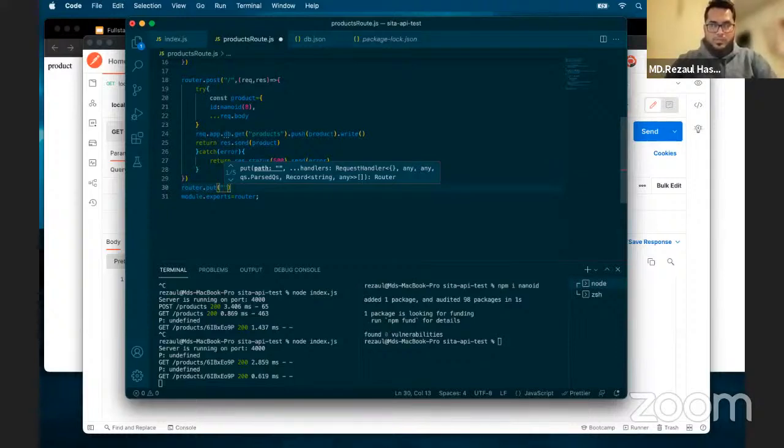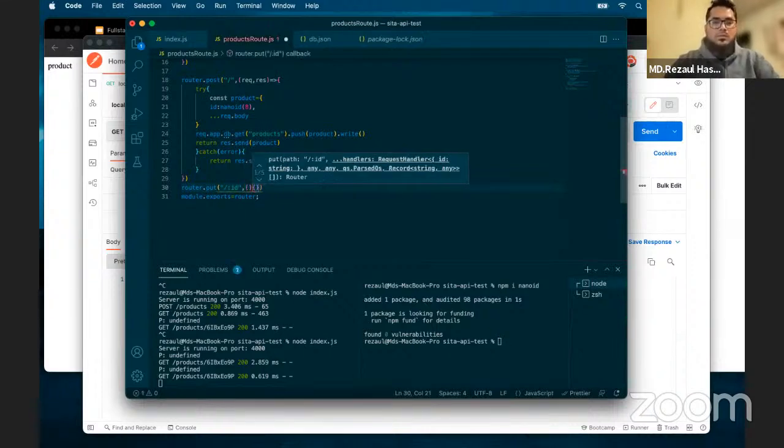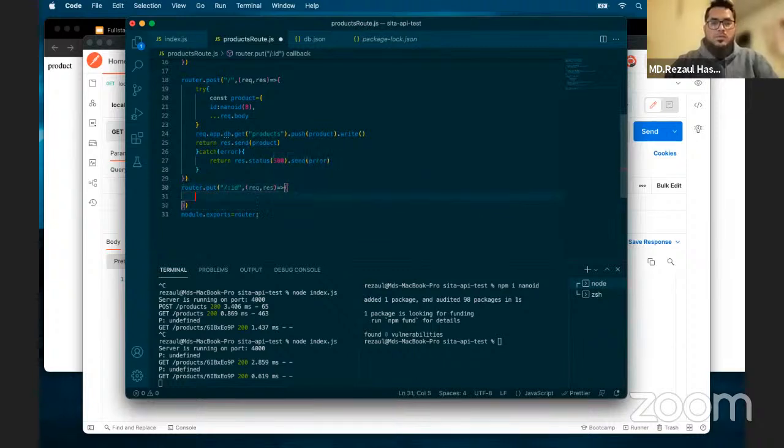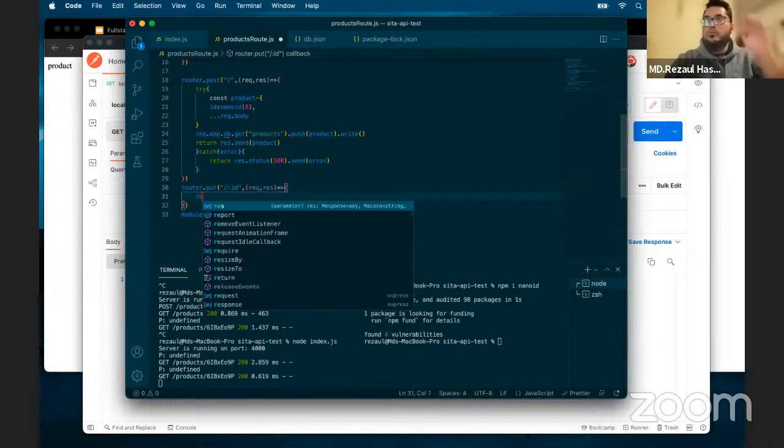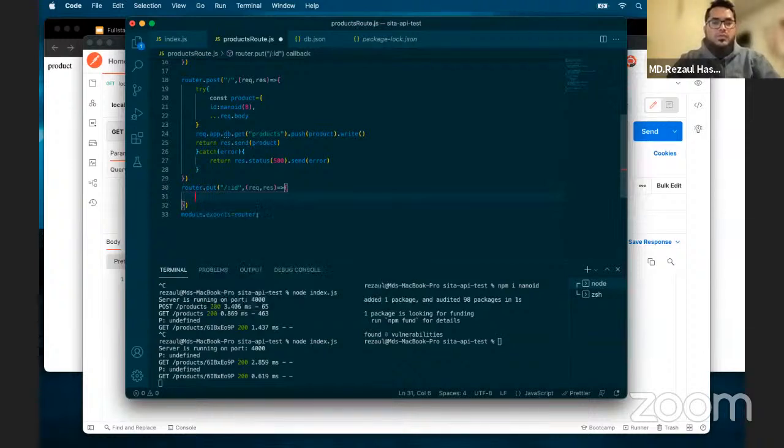So our routing path is colon ID, and then we have also the callback, request, comma, response, and then as same as like you have to find in here, you have to